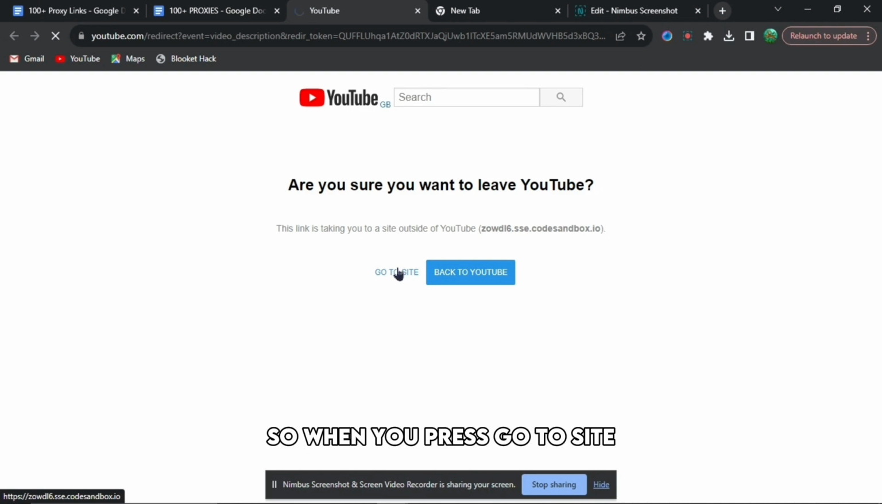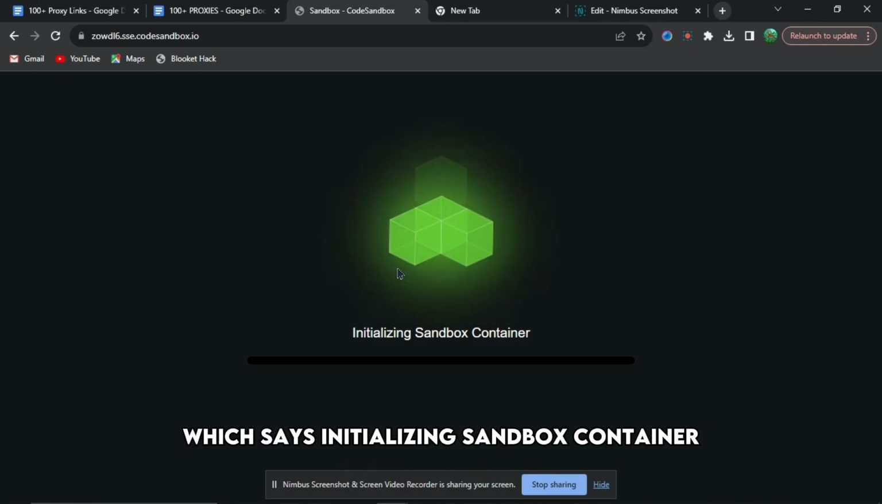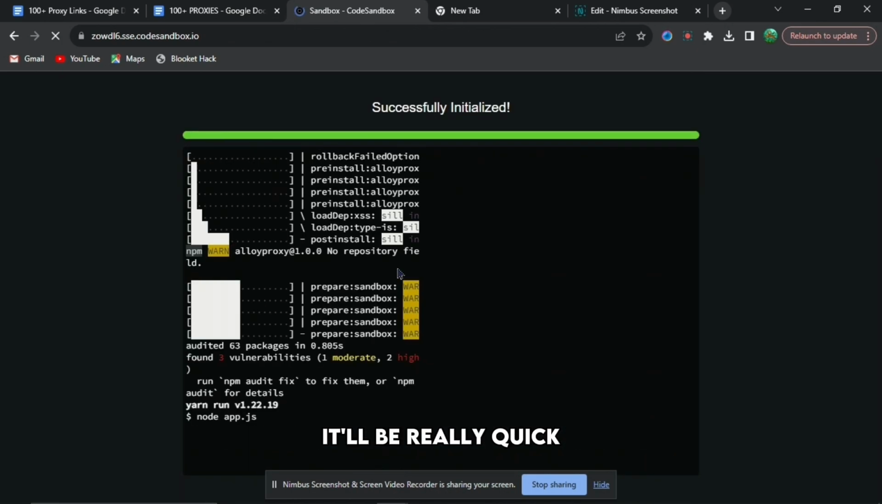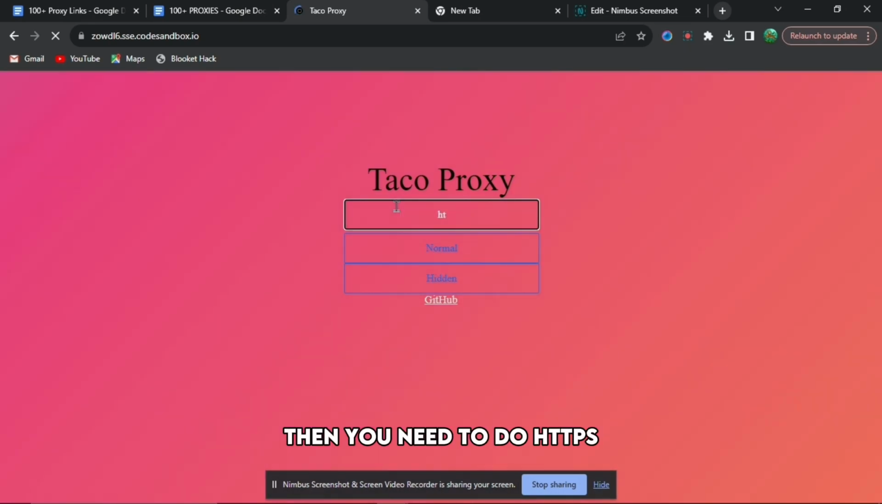So when you press go to site, it will redirect you to this proxy. It will bring you to this loading screen, which says initializing sandbox container. It will be really quick, and then it will bring you to this taco proxy. Then you need to do